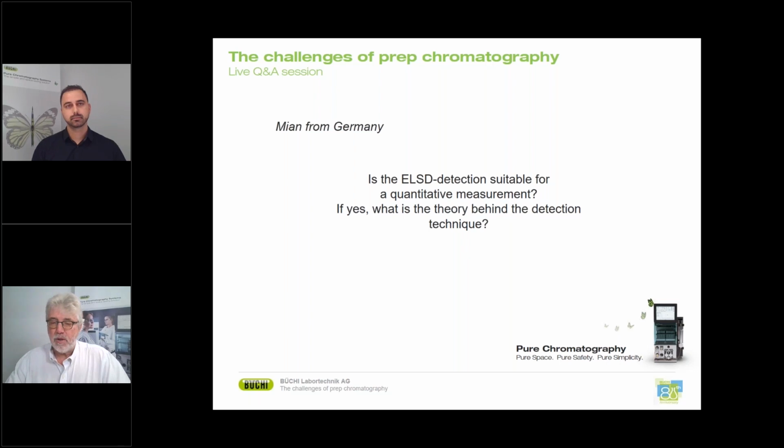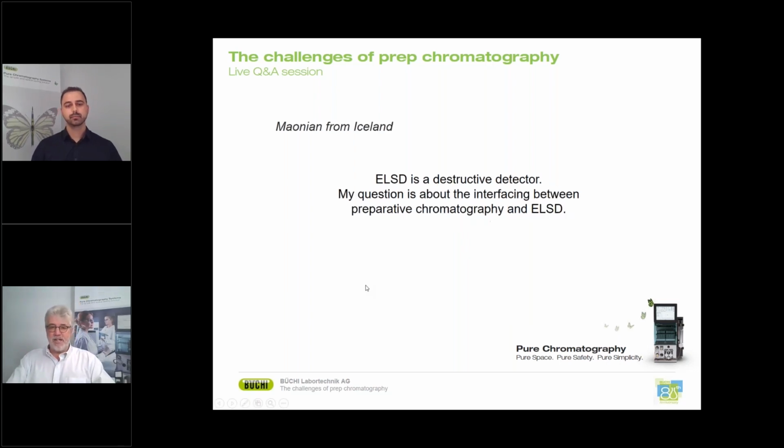That's an important question because, in flash chromatography or in purification, we are really concerned about our sample. We are looking to purify the sample. We are looking to collect as much of our purified compound as possible, so we don't want to lose sample. Now, as I mentioned, the ELSD is a destructive detector. So everything that is sent to that detector will not be available anymore. So it is really key to make sure that the amount of sample that transfers into that ELSD is as